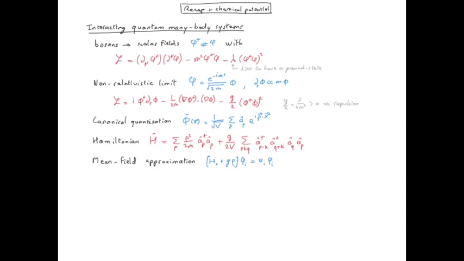We then went through the process of canonical quantization. We expanded our field operator in a box, and we got our Hamiltonian, which is a sum of a one-body kinetic energy and a two-body interaction part. This two-body interaction is usually too complicated to solve exactly, and therefore we introduce the mean field approximation, leading to a set of Schrödinger-like nonlinear equations for each single particle, evolving in a self-consistent mean field which depends on the density and which is created by the ensemble of all the other particles.